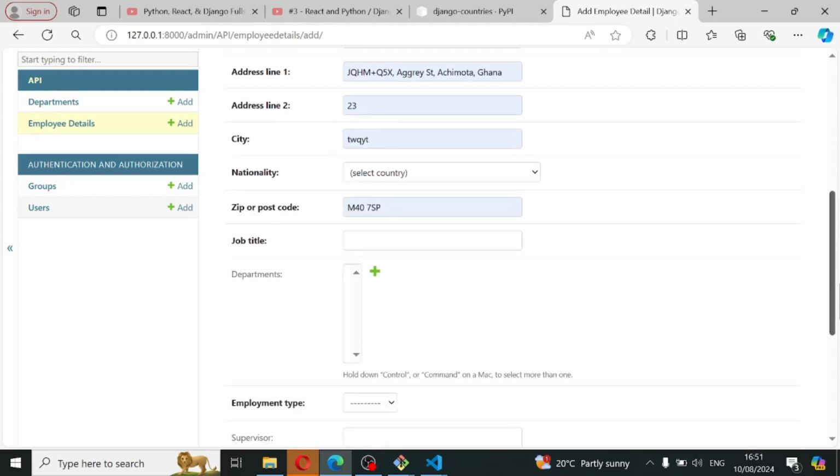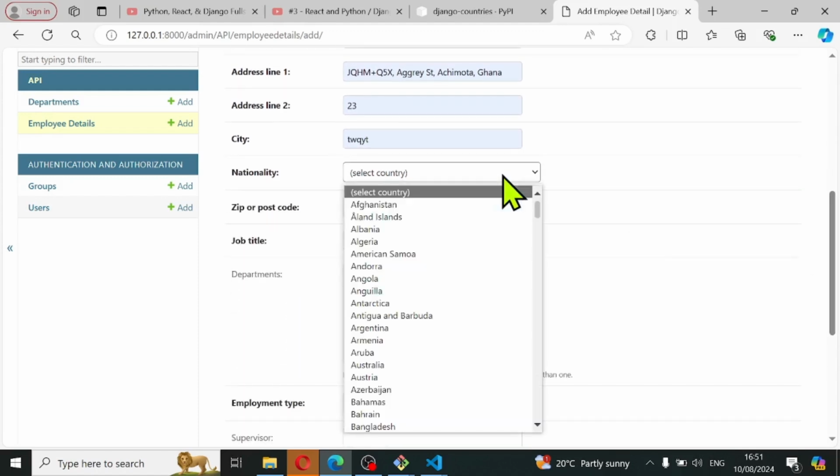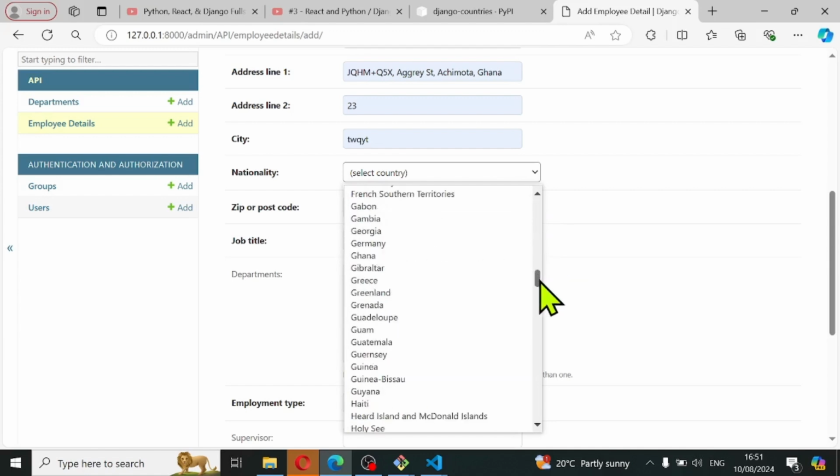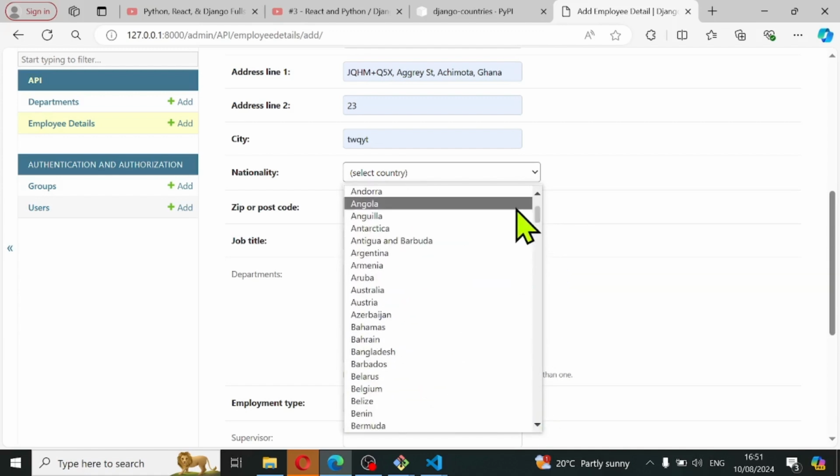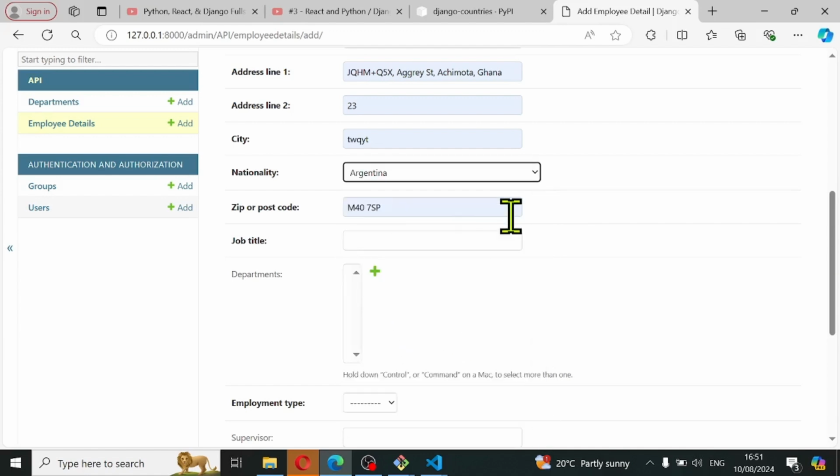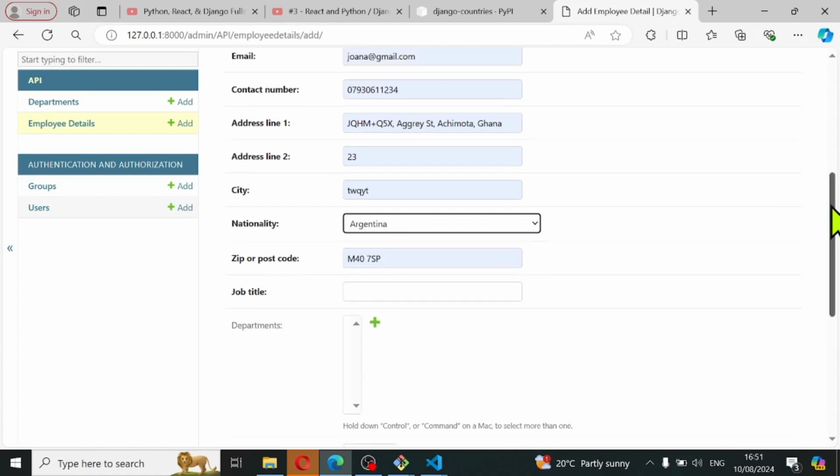Now nationality, I'm gonna select, so this is the countries API that we use with Django. It's populating all the countries, so I'm gonna select Argentina, and then